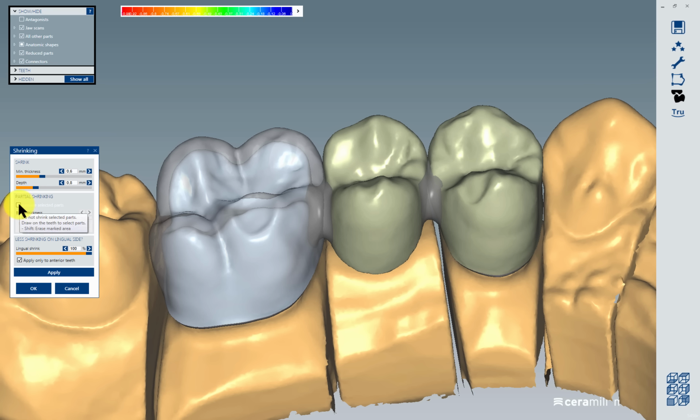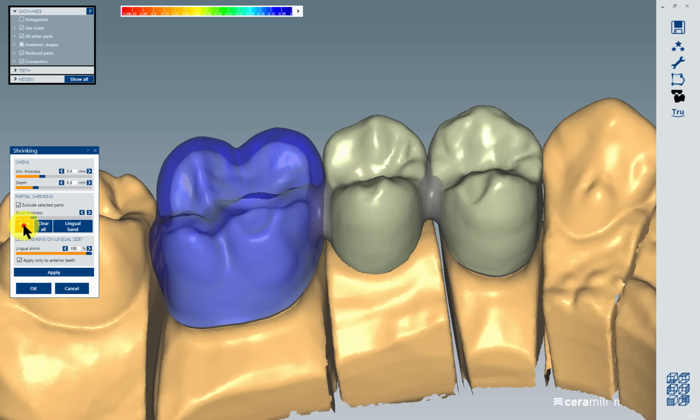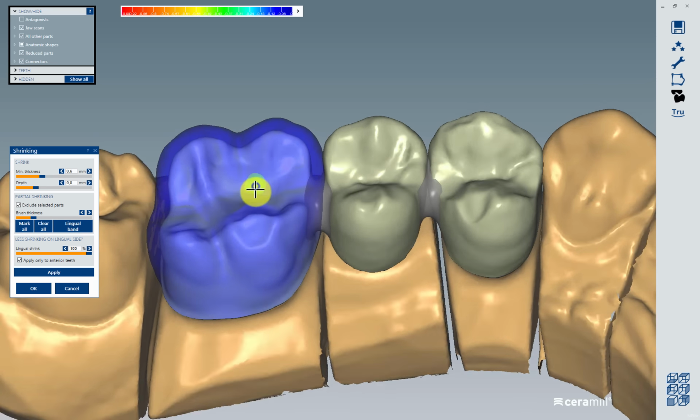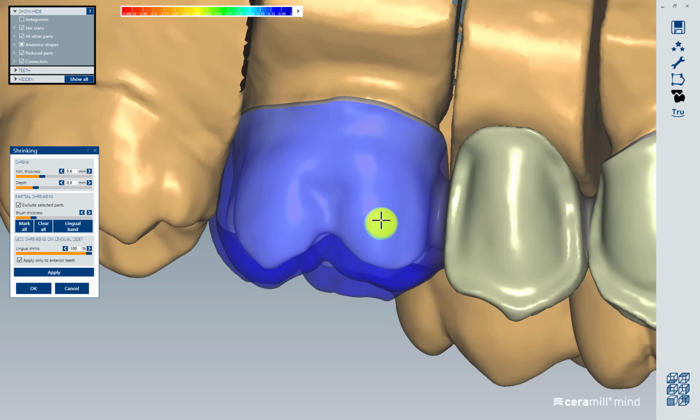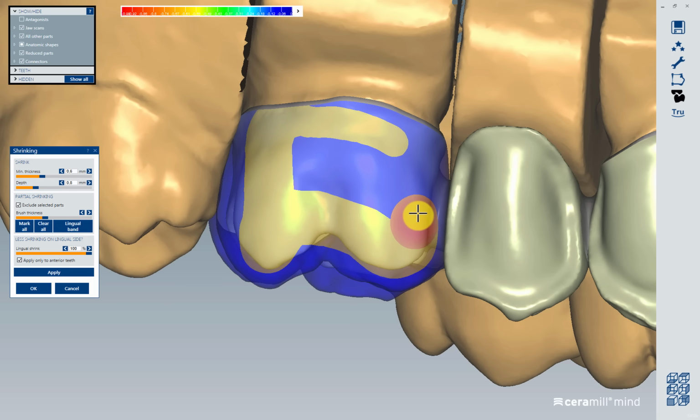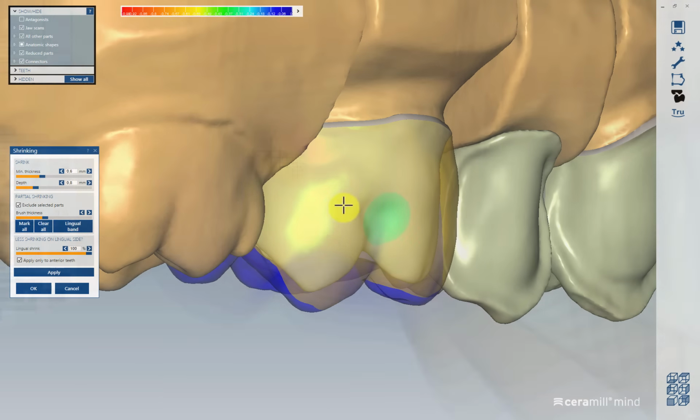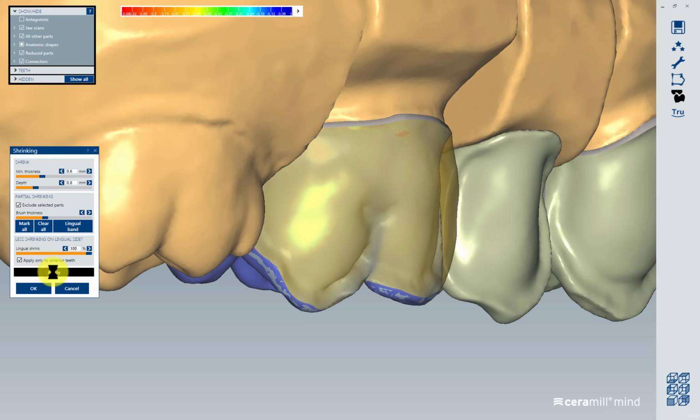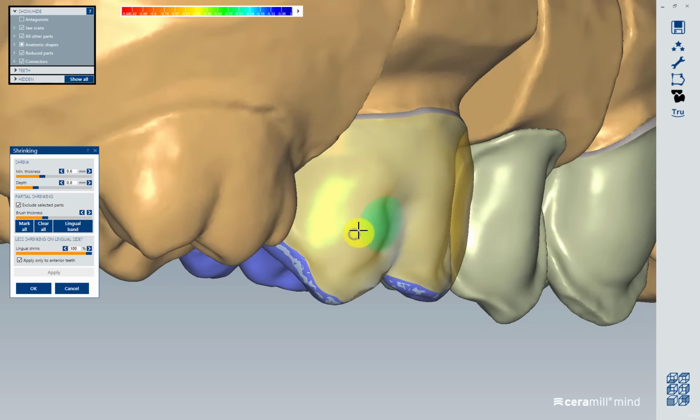I click on Exclude selected parts. I click on Mark All, and with the Shift key pressed, I again erase the buccal areas free which should be reduced. Click on Apply, Quick Check,